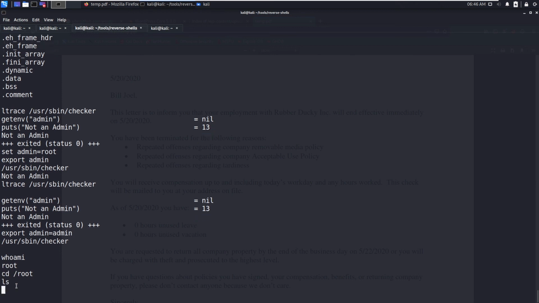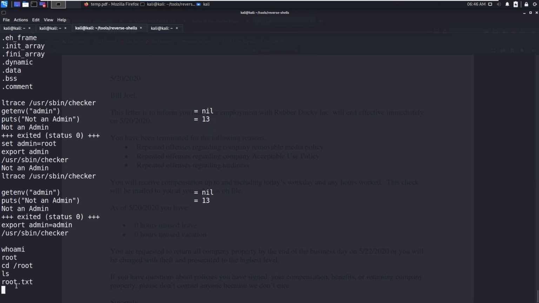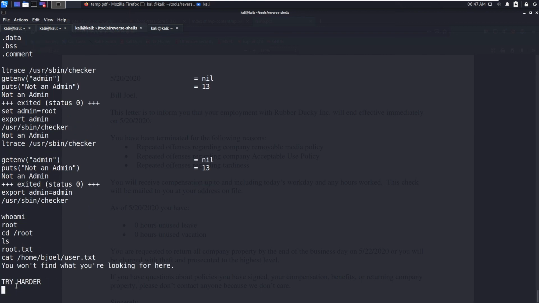Cd root, cat root.txt, and you can also get the user.txt. Okay, now it says you won't find what you are looking for here. What you can do is find, file type, iname star.txt, and owned by the user bjoel.